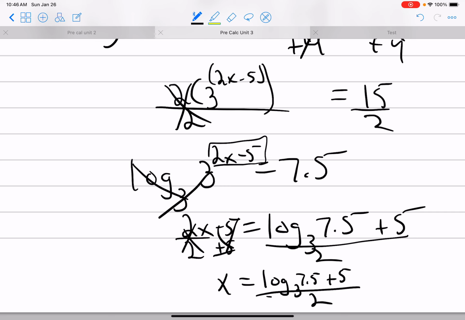So let's go ahead and actually put that in our calculators. Why don't you calculate that right now if you haven't done it? So first thing I'd be doing is log base 3. I got to do log 7.5 over log 3, because I need to figure out what this piece is. So log 7.5, divided by log 3. That equals about